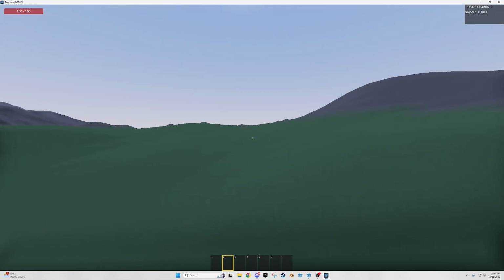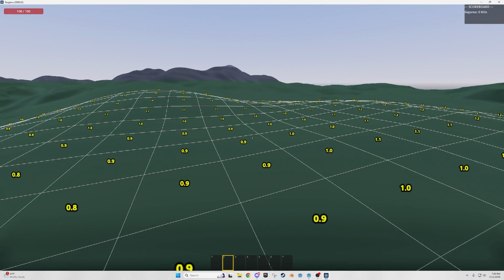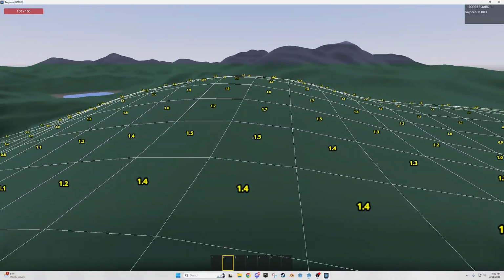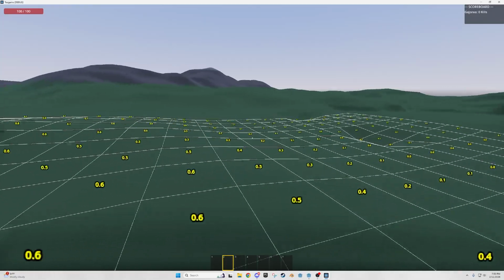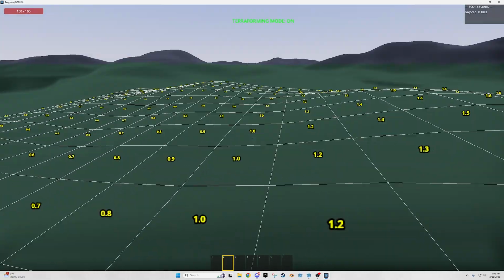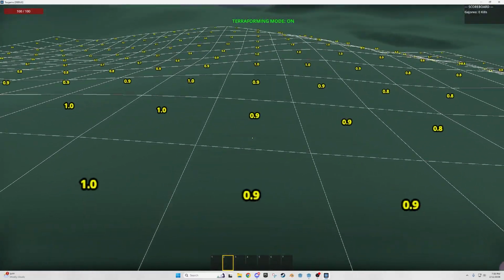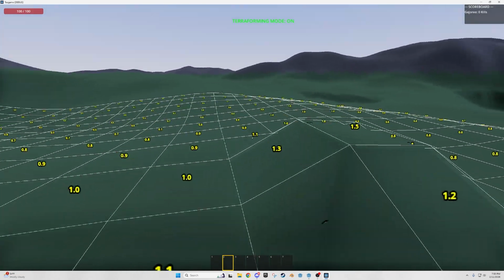But with this randomly generated world, as the players run around, you can press a command and it shows you all of the tiles and their heights. If you're familiar with the game Life is Feudal, this is very similar to that. And then you can turn on terraforming mode. In the game, you'll be holding a shovel, but you can terraform. So you can actually move things up and down, right?